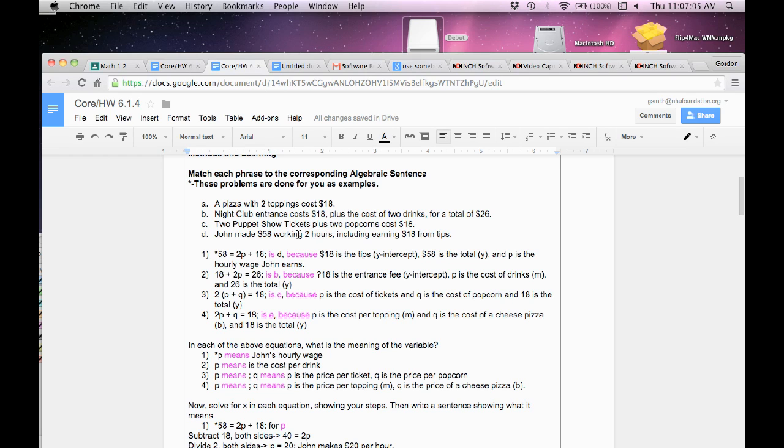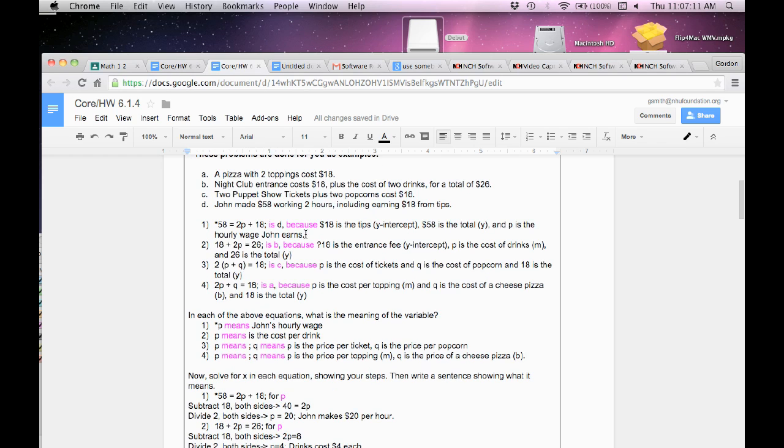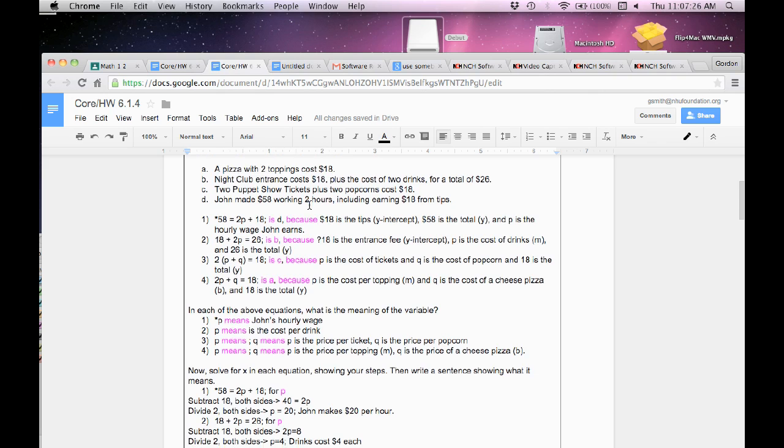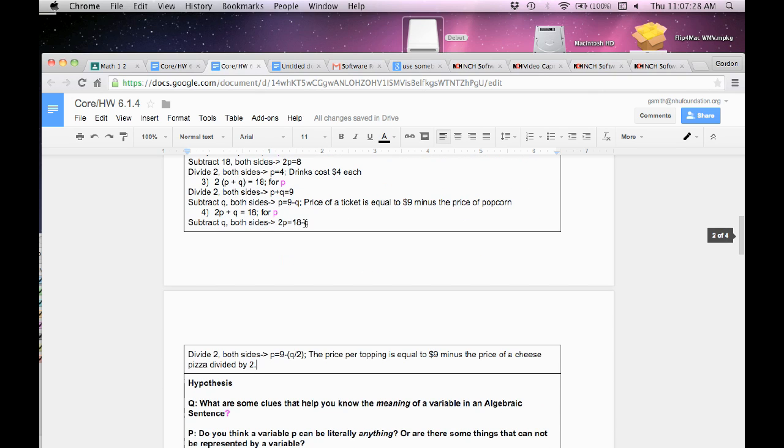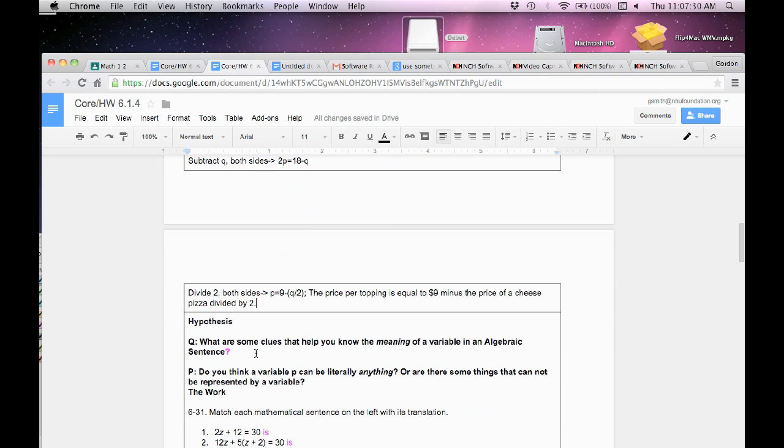So clues, it's like you can tell that there's a total. The total will always be the y. You can tell that there's a y-intercept because that's something that's being added on, and then you can tell that there's something that's a rate, and that's always going to be about the slope, the m. So pretty tricky, but we can say for sure that the total